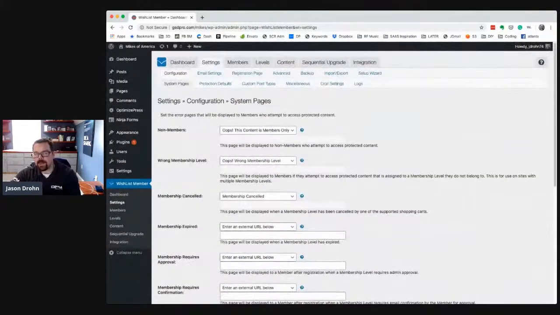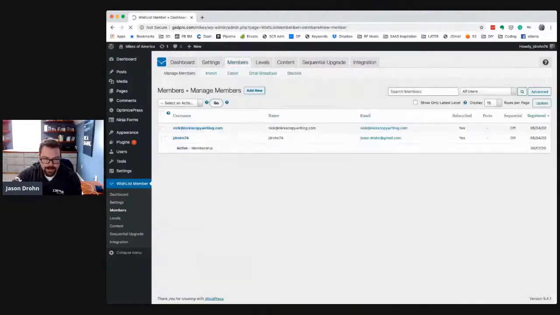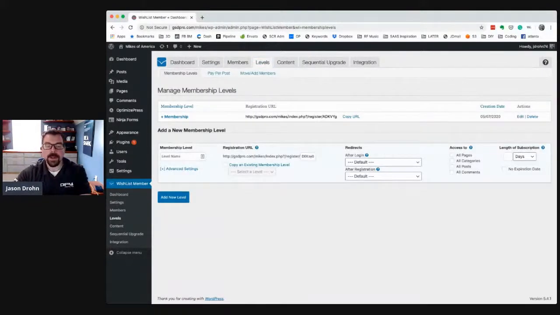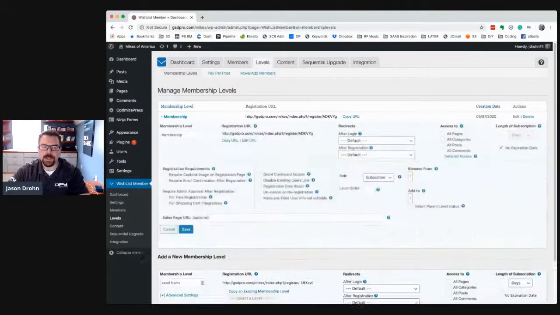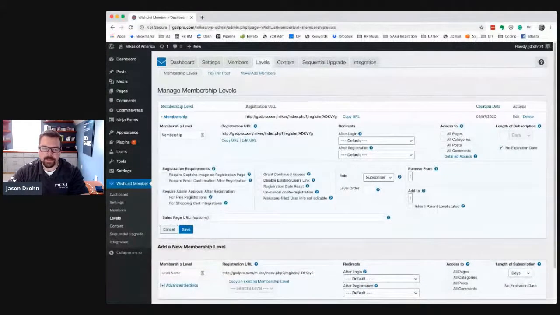The main and most important thing is you have your members listings here. So you can go through and add in all of your members, and then we have levels. The levels are the different things that you're going to charge money for. In this particular instance, we have one membership. We set up the level, and it gives us this little registration URL. So if we copy this and then go into